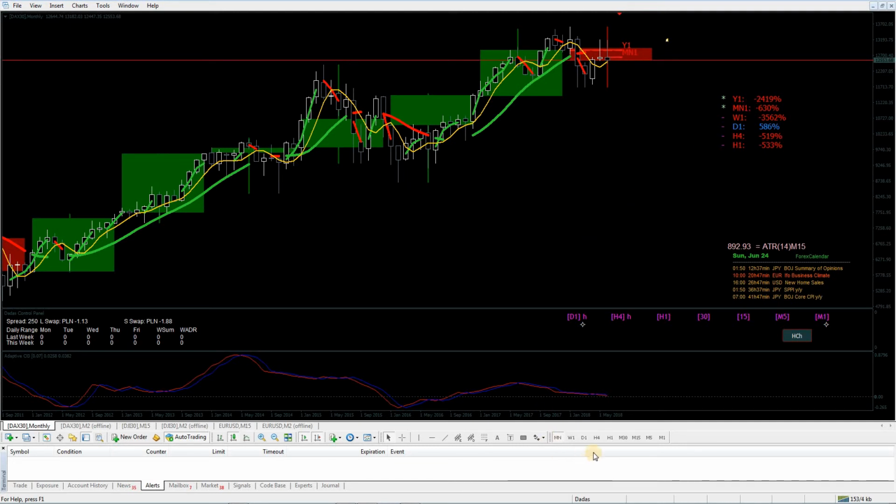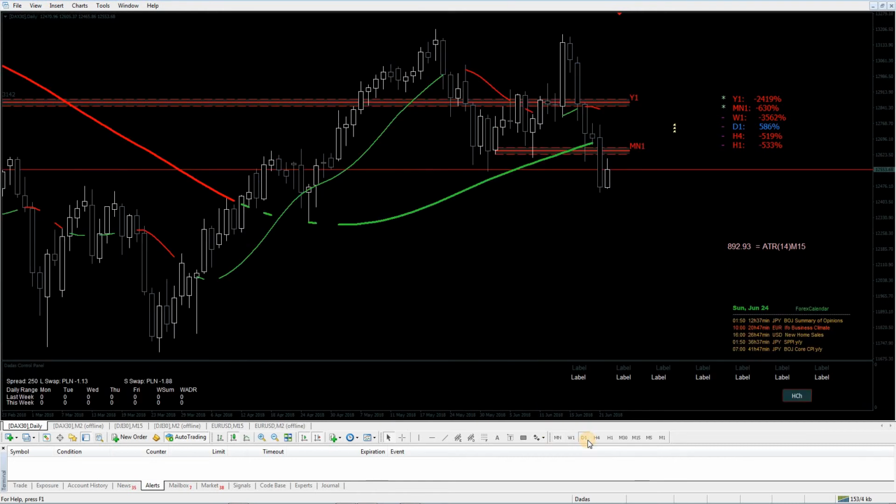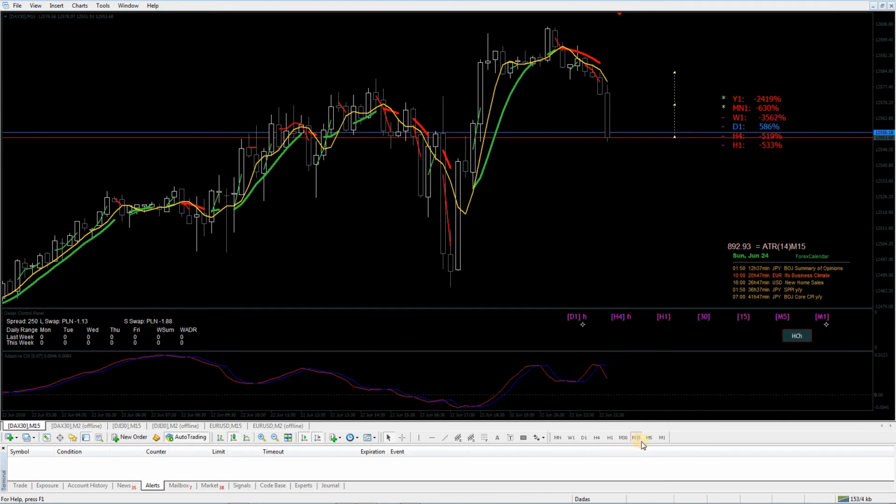Well, unless we want to go down to D1 to make a transaction, then we see those levels, right? And of course all the other price action and then all the other factors, right? Of course. So yeah, but for the purposes of day trading, we use M15, M5, M1, or otherwise we use